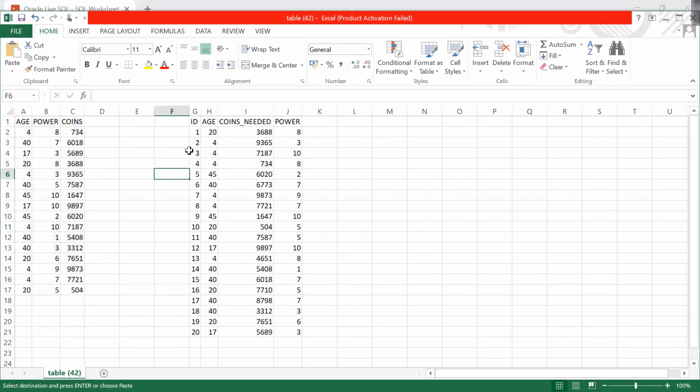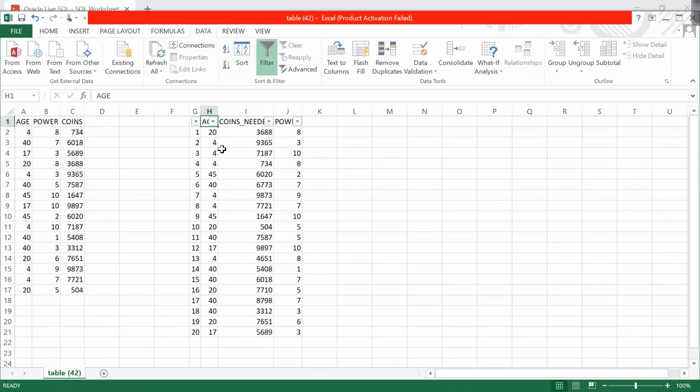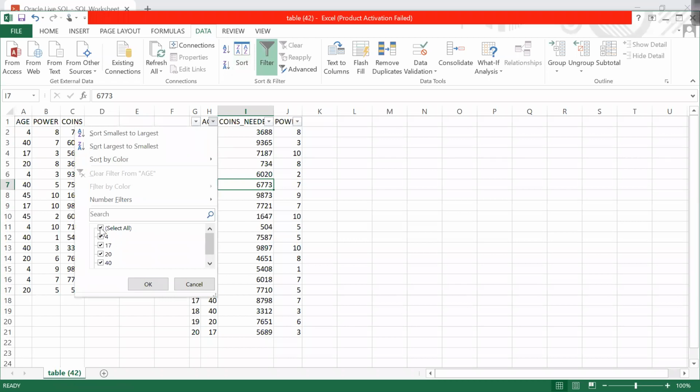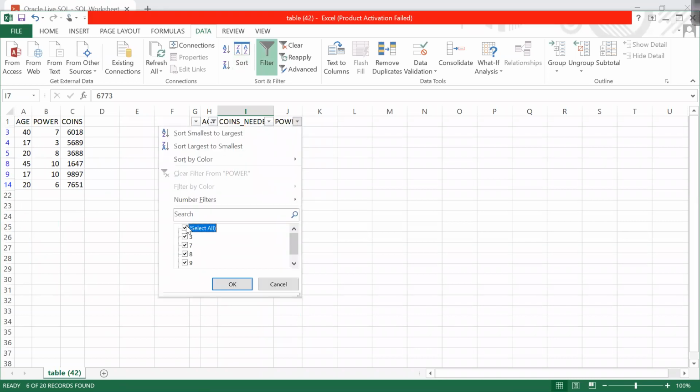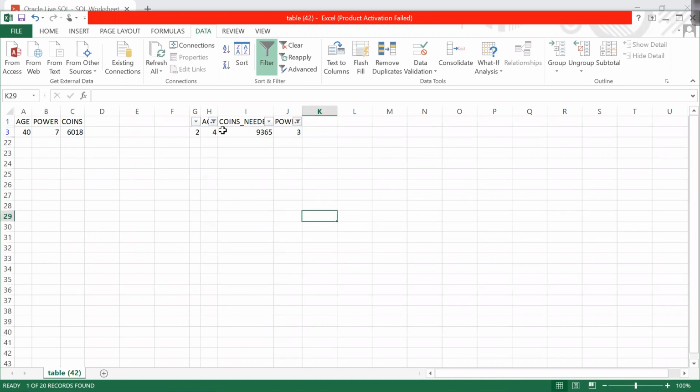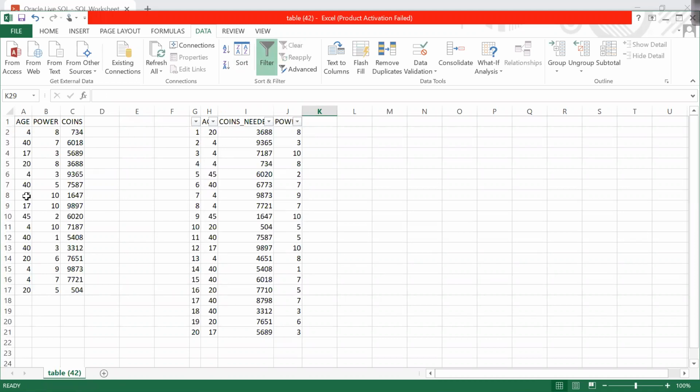So let me have a filter here and see, first of all, for the age 4 and power, based on age and power we are doing, right? So let's say power is 3. This is the record 439635. We are getting it, right?